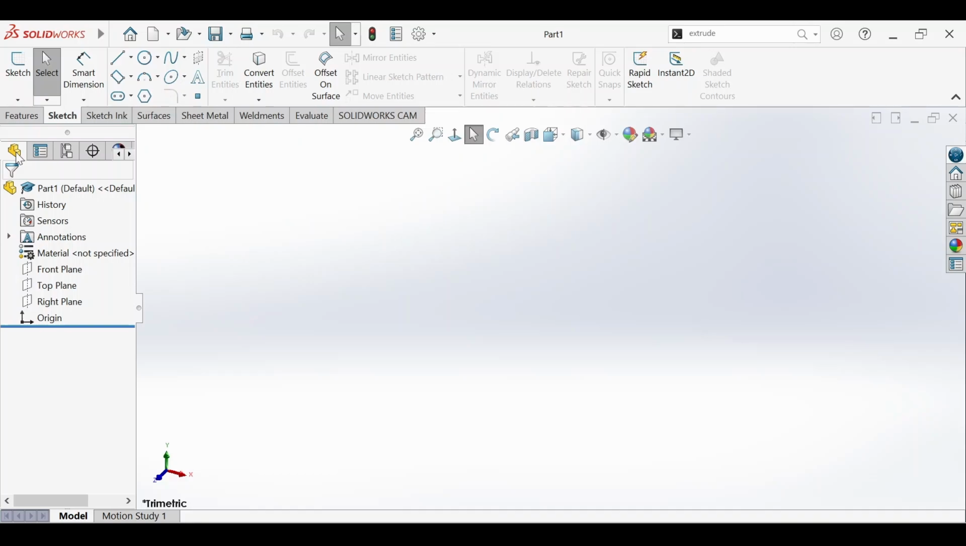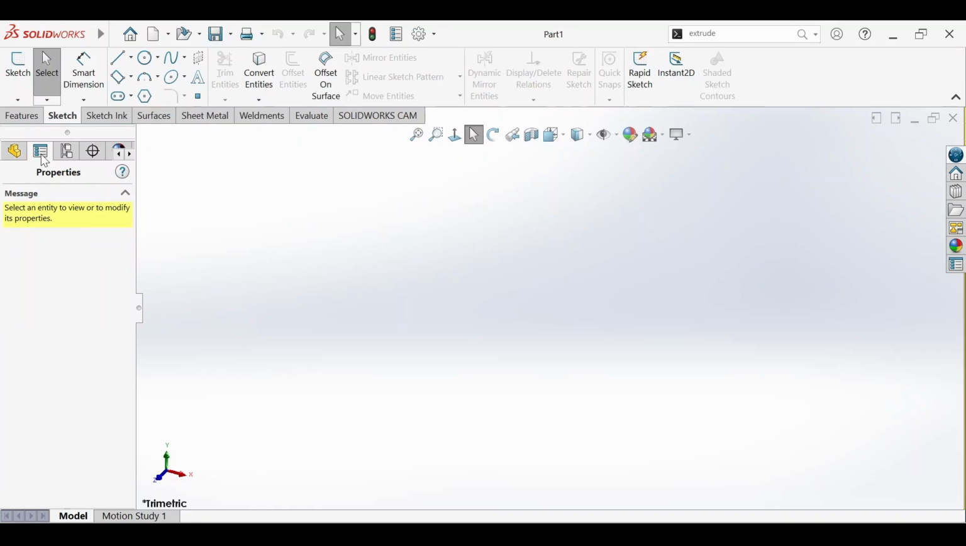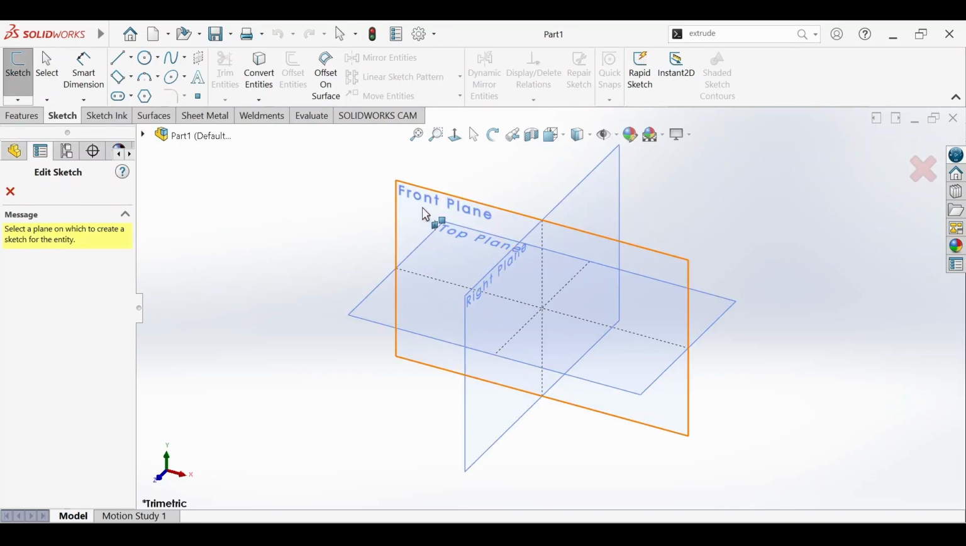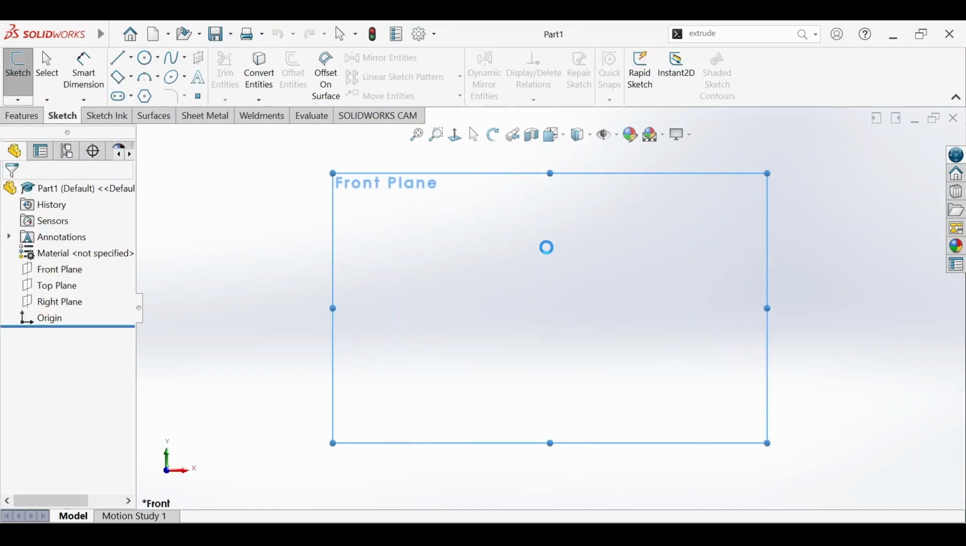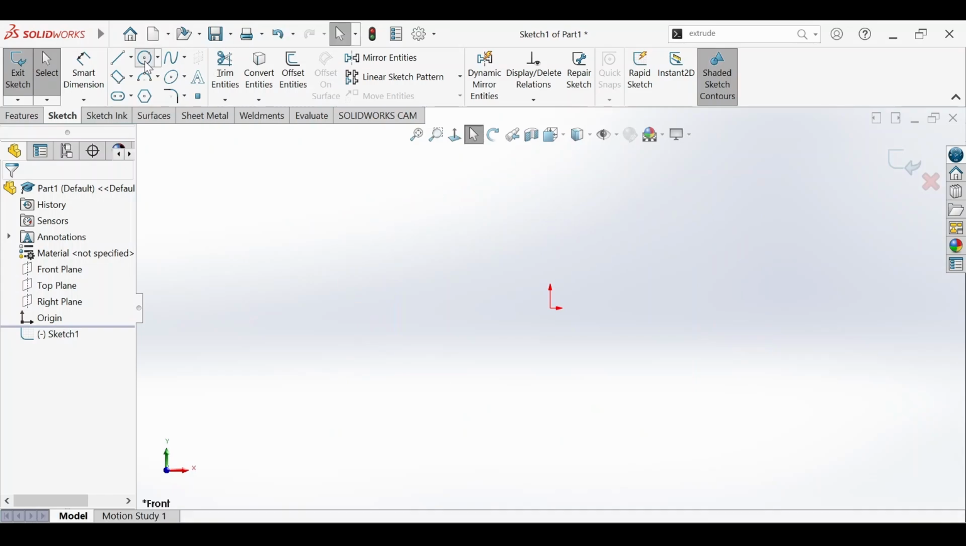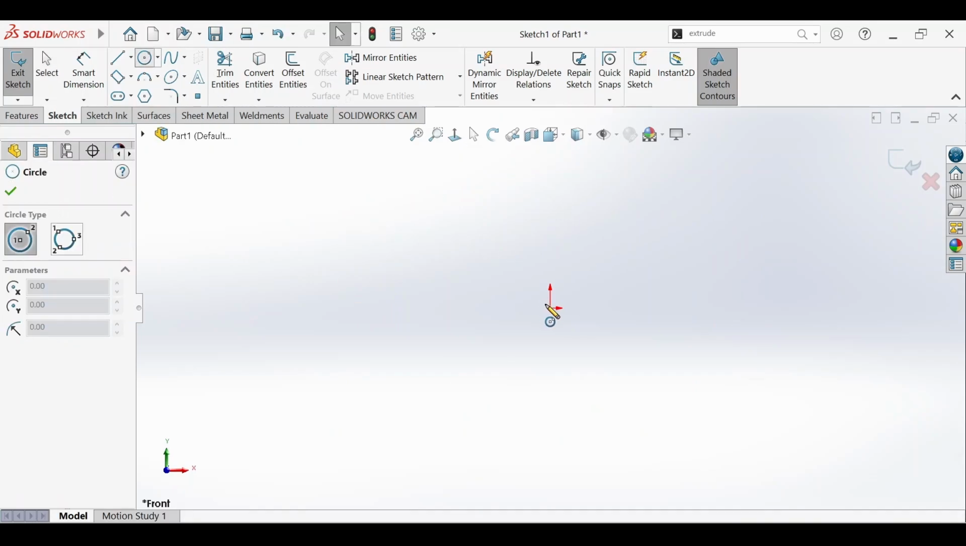Here, all the features used to build the model are listed chronologically, allowing us to track the history of our design. Similarly important is the property manager, where we set all the parameters for each feature. For example, if we select the sketch and we select the plane where we have to sketch, we draw a circle from the origin,